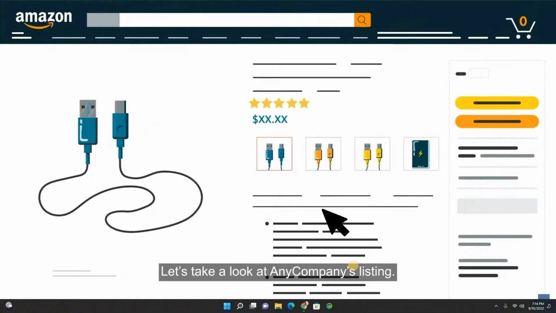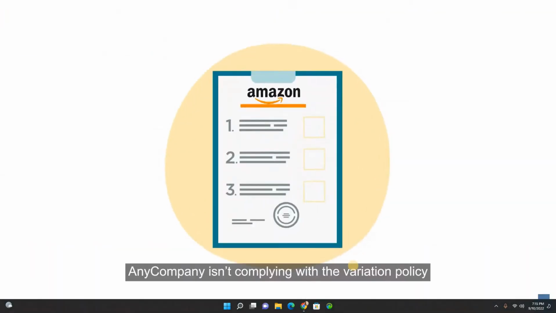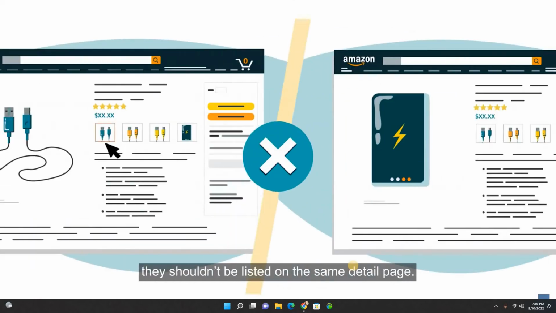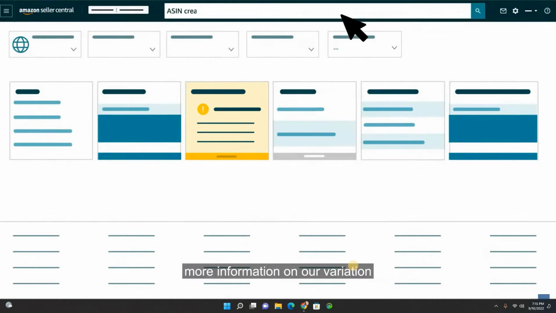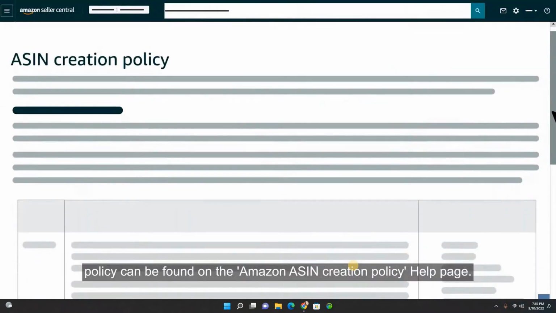Let's take a look at any company's listing. Any company listed a cell phone charging cable and a portable charger as variations of the same listing. Any company isn't complying with the variation policy because even though the products are related, they shouldn't be listed on the same detail page. As a reminder, more information on our variation policy can be found on the Amazon ASIN